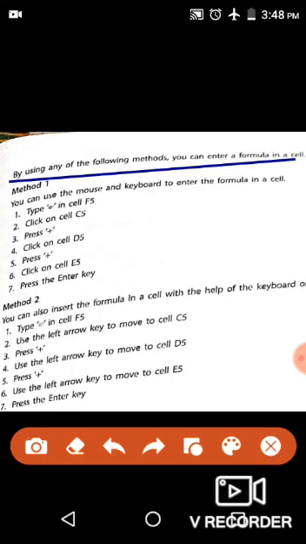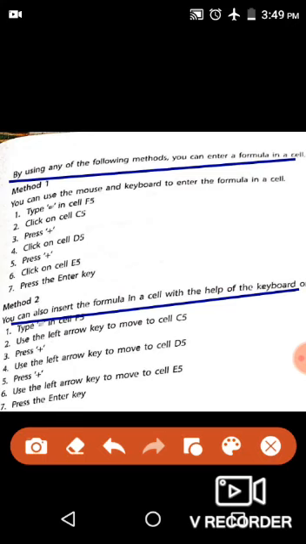Now there is one more method. You can also insert the formula in a cell with the help of the keyboard only. For this, you first have to type equal to in cell F5. Then use the left arrow key. You have 4 arrow keys on your keyboard. Use the left arrow key to move to cell C5 where English marks are written, 40 marks.